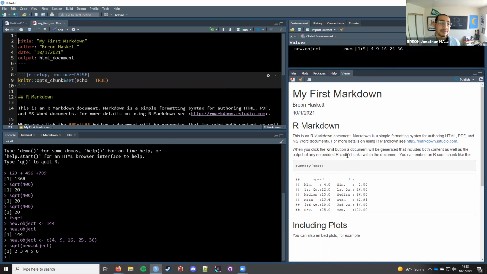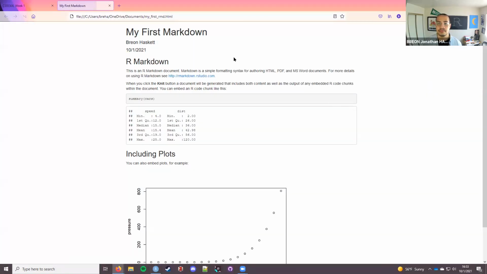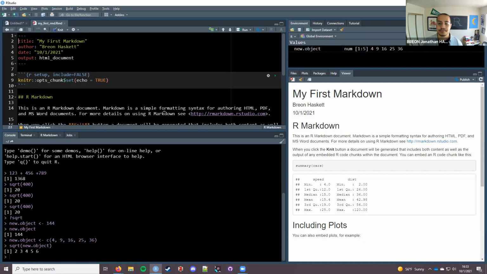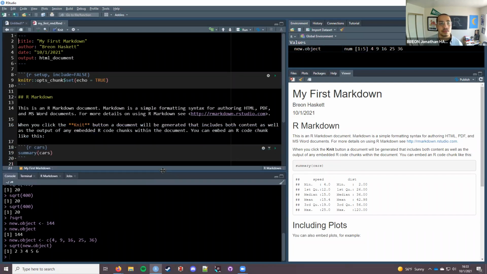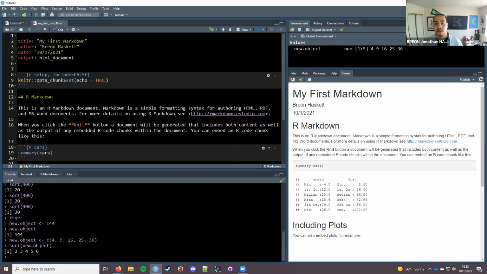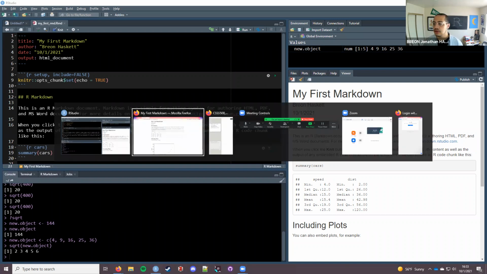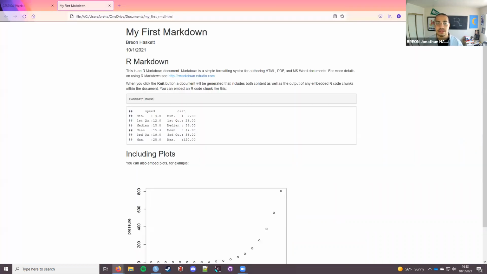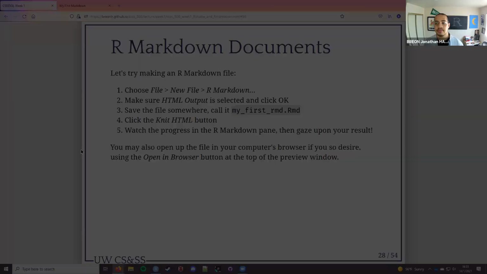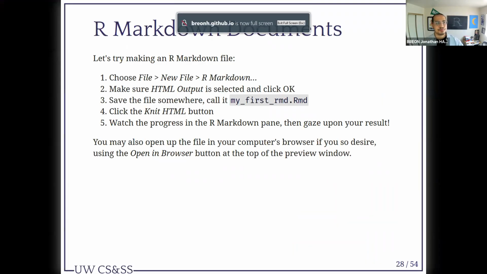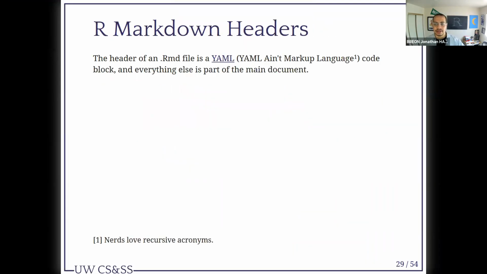You may also open up the file in your computer's browser if you so desire, using the Open in Browser button at the top of the preview window, which will be right here. Great. Okay, how do I open back up the slides? Here. Okay, that's our Markdown document.